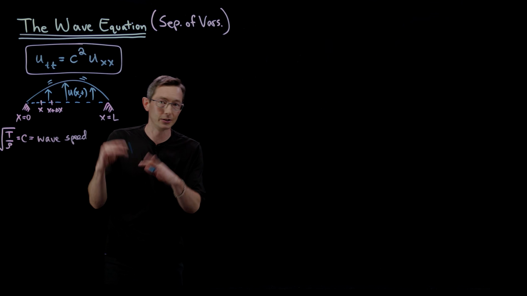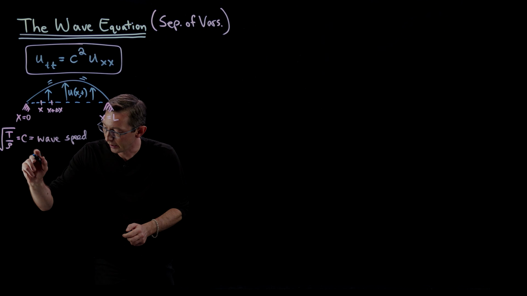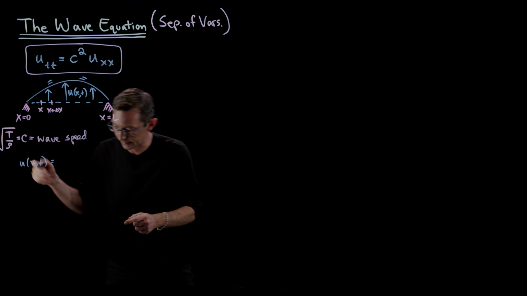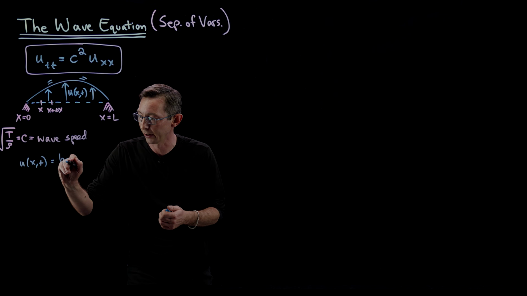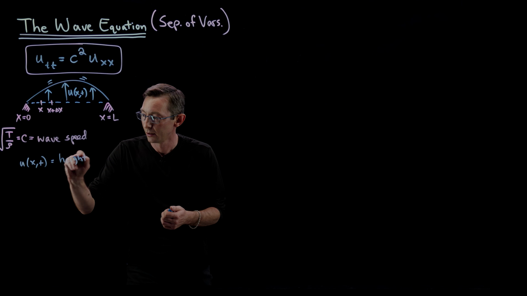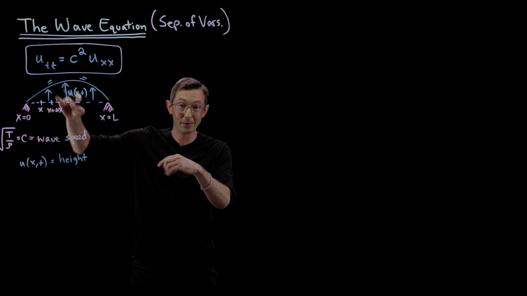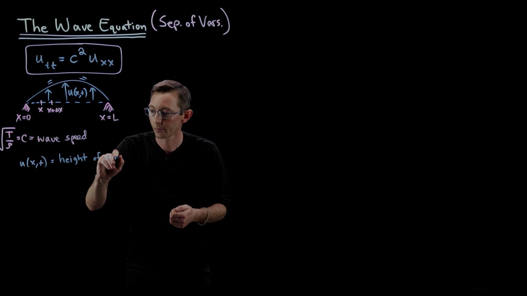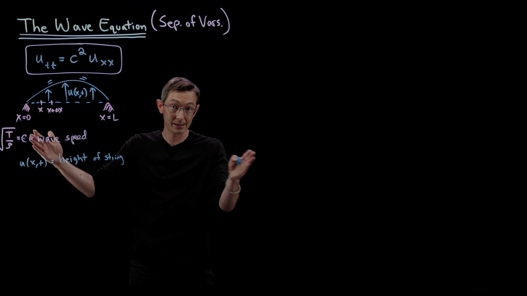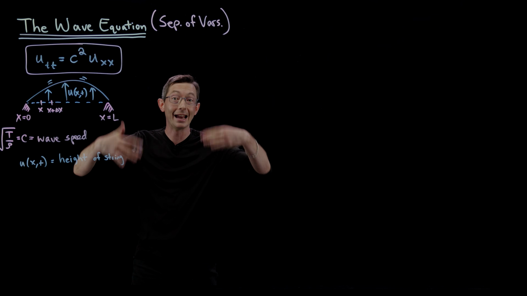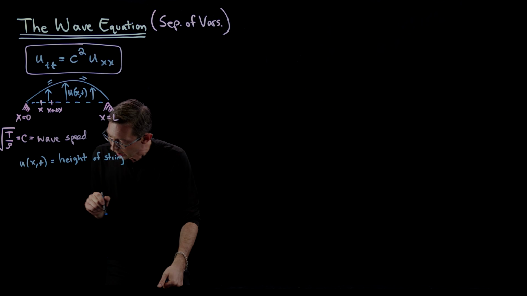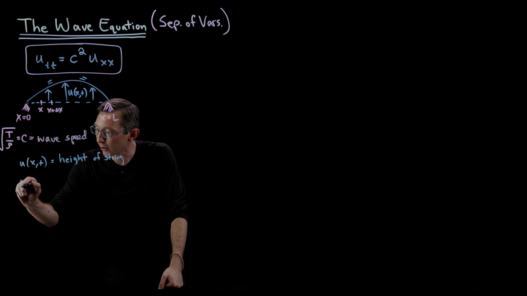I'm going to say, just to be very, very clear, u of x and t is the height or the displacement of the string. And it's going to be a function of x, the position along the string, and in time. It's going to be oscillating in space and in time. And our boundary conditions are